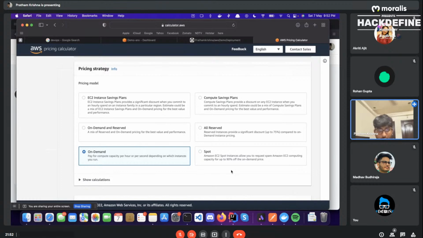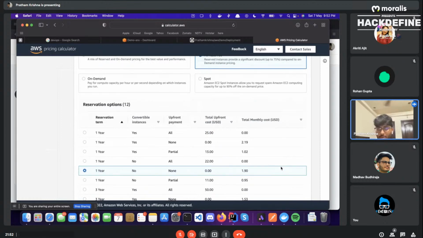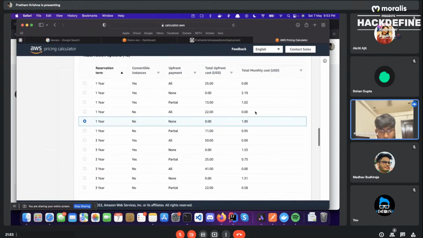Now, as far as reserved goes, you reserve a specific number of instances for a duration that could be 1 or 3 years, and you have options to pay all upfront, partial upfront, or no upfront. If you pay everything upfront, you pay less, whereas if you pay nothing upfront and pay all at the end, you pay a little higher, right? So there's that small difference. Again, the contract type is 1 year or 3 years, like I said.